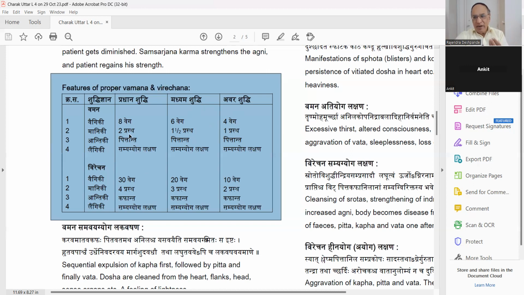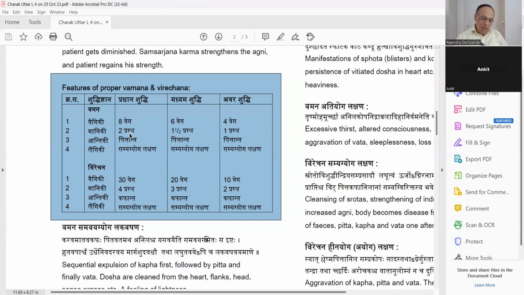Now, this is a very complicated word. You have to search for exactly how much the amount is. 1 prastha is equal to how much ml? Please write it down in your notebook. If by chance I can get it, I will try to get it for you. I am not sure about it, but okay. Then Sansarjanakrama. I am just looking to see if anybody has given that pramana, the dosha pramana, prastha.